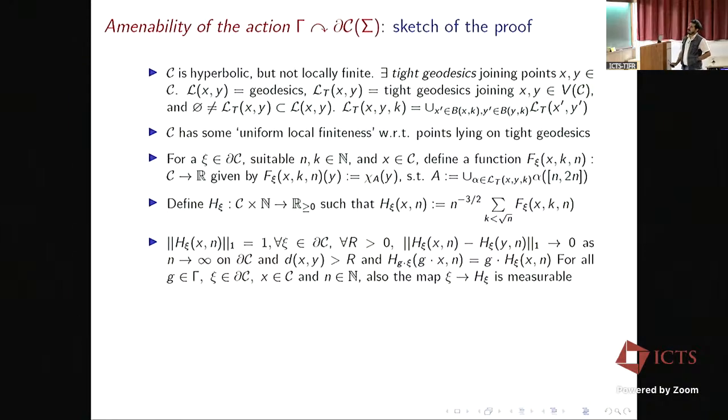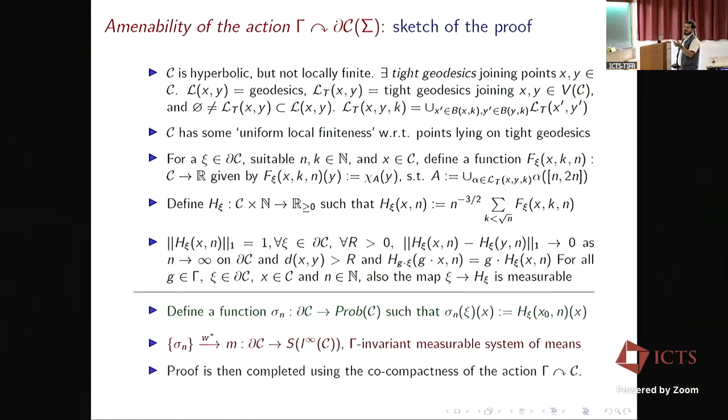So now Kida looked at these sets. It may look a little complicated, so it's better if we look at it from the end. We want some function to be defined on the Gromov boundary of the curve complex into the probability measures supported on the curve complex. So if we want to have such probability measures, we are defining this map to be the image of this map.